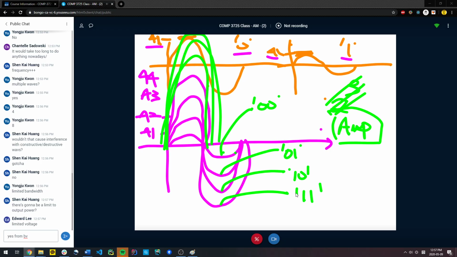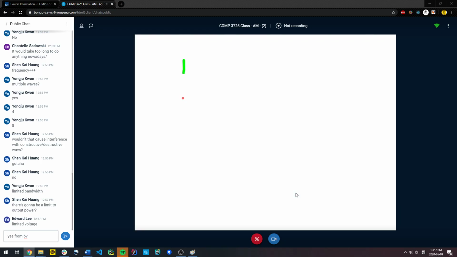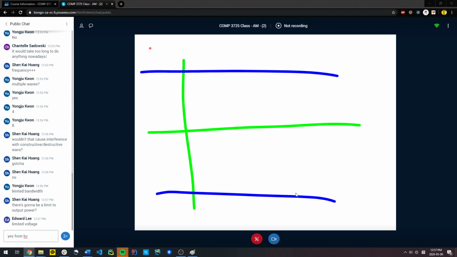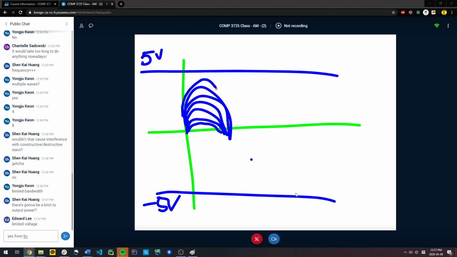In fact, my constraint is this. If I have a system, and I'll end on this note so that you guys can take off for today, this extrapolates to obviously the same thing as frequency, and my cap is this. If I have a system, including your mobile systems, and I say the maximum voltage you can transmit is 5 to minus 5. Now, you can say, I can try to create an infinite number of waves in here. I could have an infinity number of waves here.